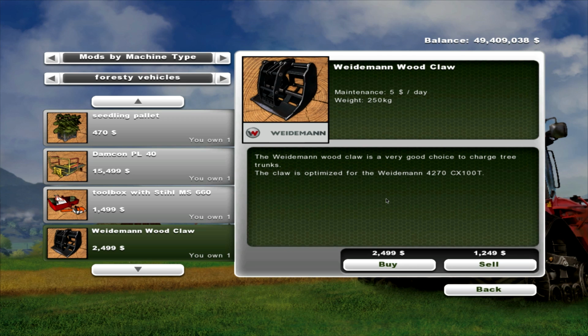You get a Weidemann claw for the front loader. Most people hate the Weidemann that articulates in the middle, but hey, it's the in-game one. All good fun. $5 a day maintenance. It tells you there it's for the Weidemann. If I pronounced the Weidemann wrong, I apologise. And it will cost you